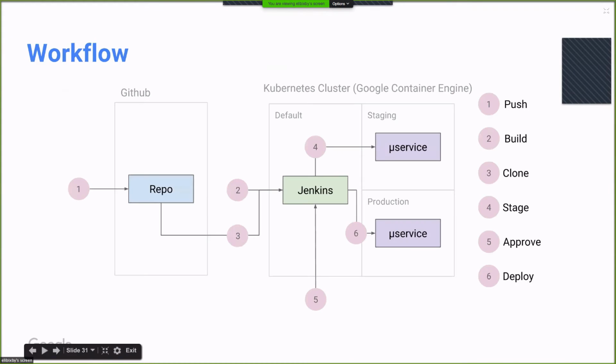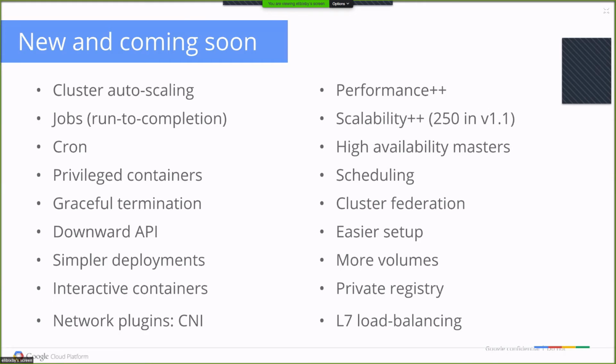I'm happy. This is normally the part where Allan would come up. He's not here. He's not feeling well. I apologize. I, however, can talk a little bit about what is new in Kubernetes for you Kubernetes power users in 1.1.